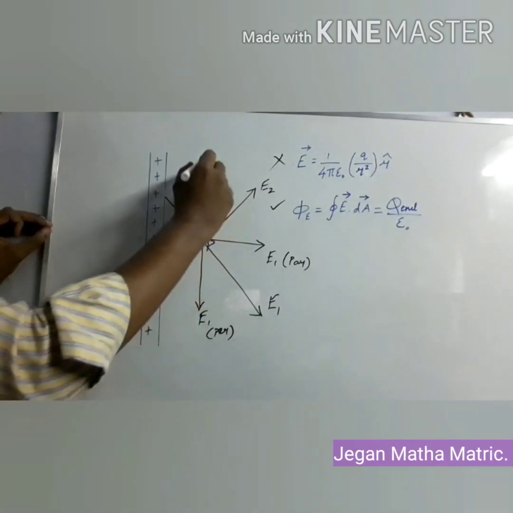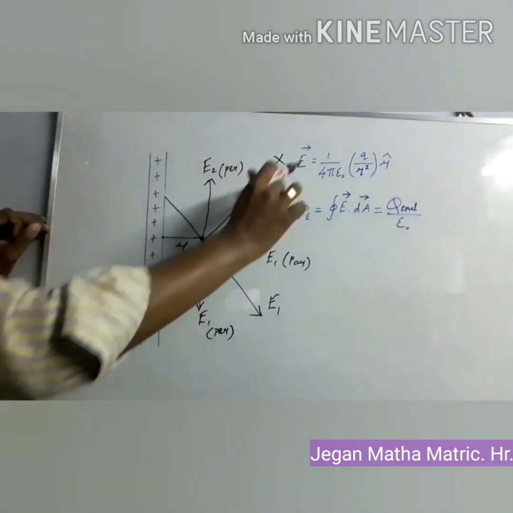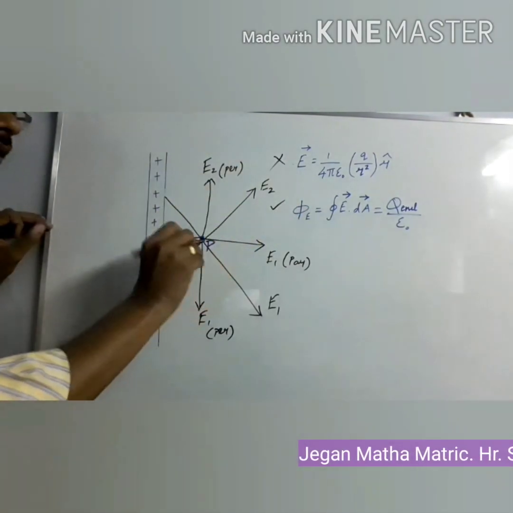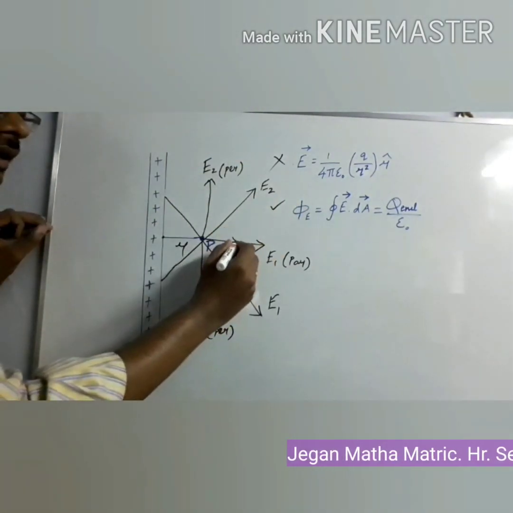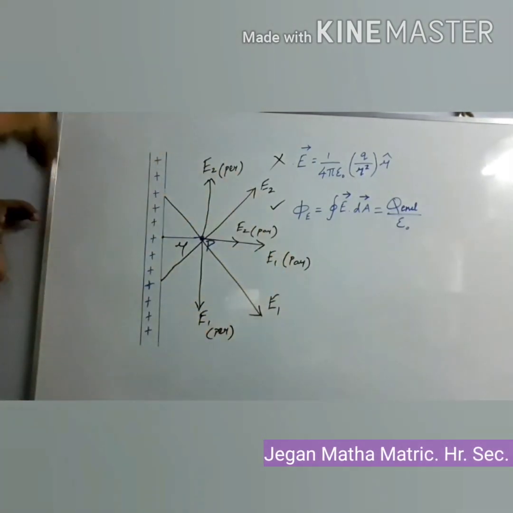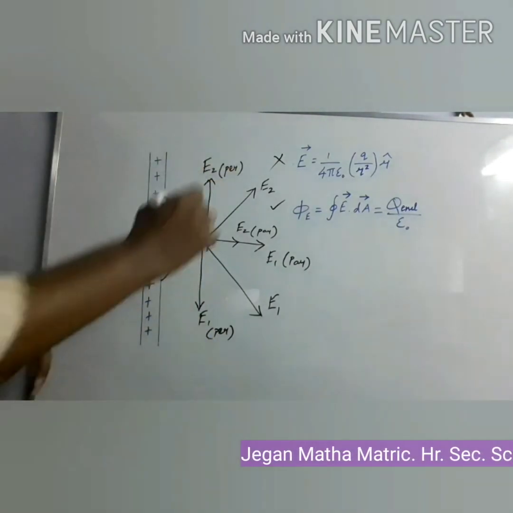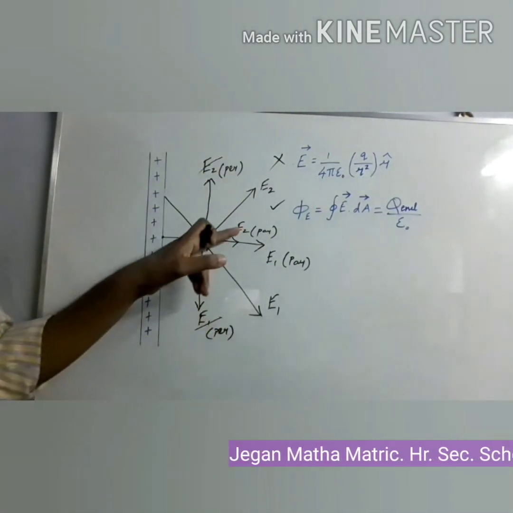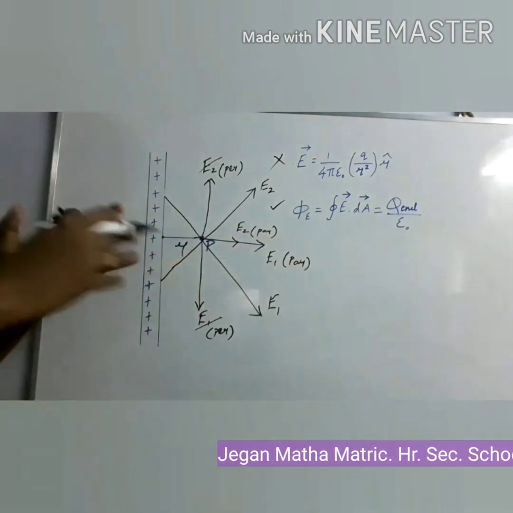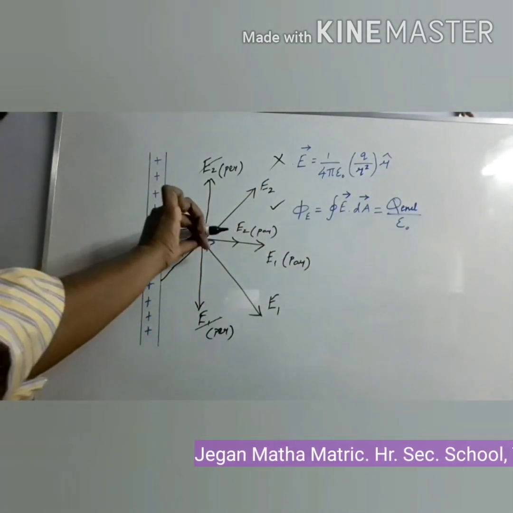Likewise for the second electric field, we can divide. Here it is the perpendicular component of the E2 vector. What about the parallel component? It acts along this direction. So E2 parallel. From this representation you can understand the perpendicular components are in opposite directions, so they can be cancelled. The parallel components are in the same direction, so they can be added. At the point P, both parallel components provided by the two charges are in the same direction.